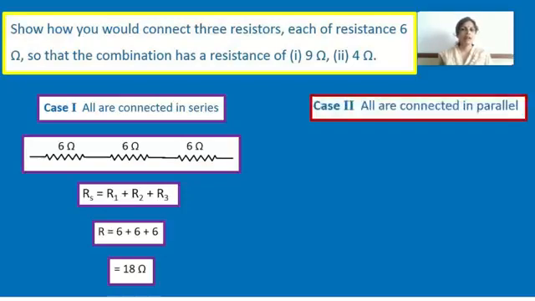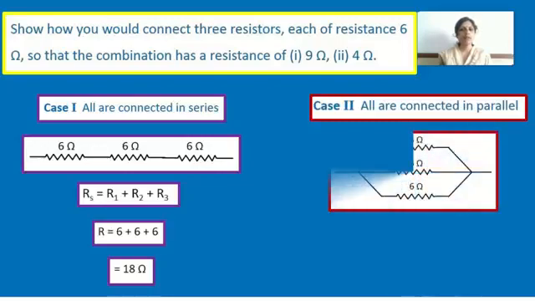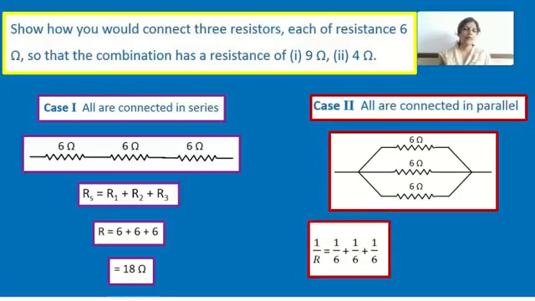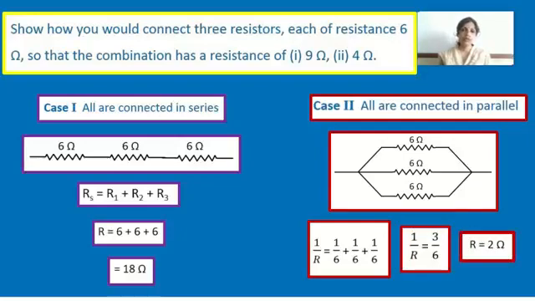Let's try out for parallel. If we connect all the 3 resistors in parallel, one below the other like this, then how much will be the total resistance of the circuit? 1 upon 6 plus 1 upon 6 plus 1 upon 6, that is 3 by 6. 3 by 6 is 1 by 2, and 1 by 2 you have to reverse the ratio. So total resistance in parallel combination is 2 ohm. Is this okay for us? No. 3 resistors we cannot connect in series, and we cannot connect them in parallel because it is not giving us the desired resistance which we need.